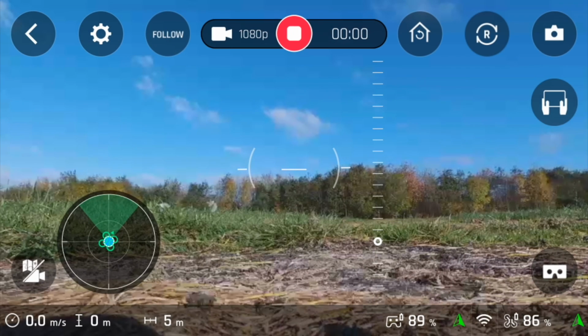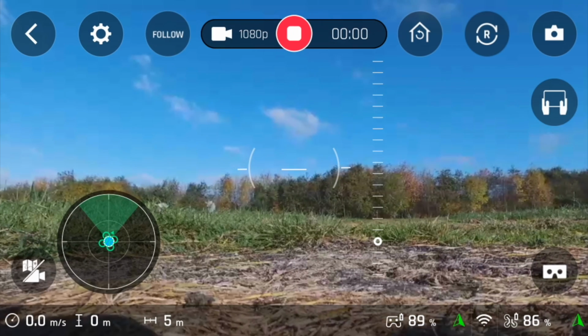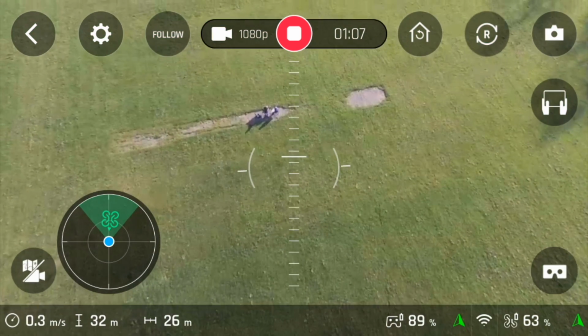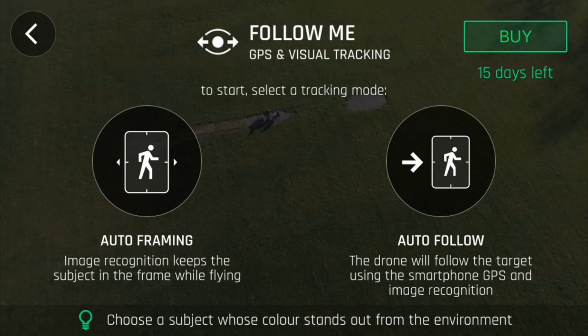In flight mode, all you need to do to invoke the Follow Me function is to click on the Follow button and a new menu will appear. On this menu you can select from Auto Framing, which uses image recognition to follow a particular object wherever the drone is, or Auto Follow, which uses the GPS signal and apparently image recognition. The little green icon at the bottom tells you to choose a subject whose colour stands out from the environment,